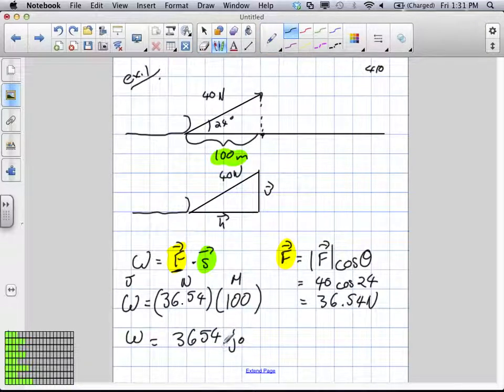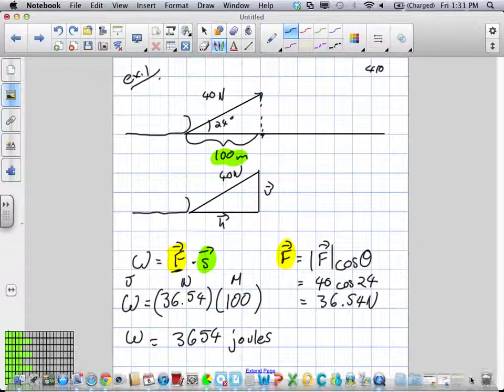That's not enough. Don't we have to calculate the V first? Say it again. Why is the V